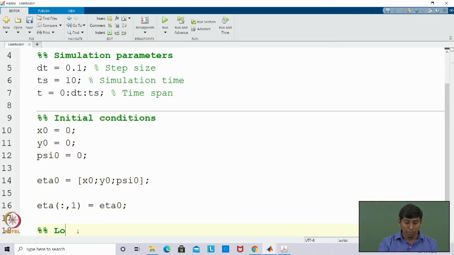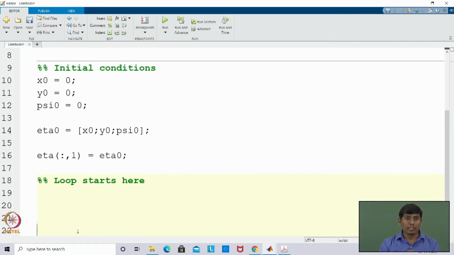Loop starts here, just for understanding. So now what we did, we gave the initial condition and simulation parameters. Now we are running. There are several possibilities, but I am using a for loop for simplicity.